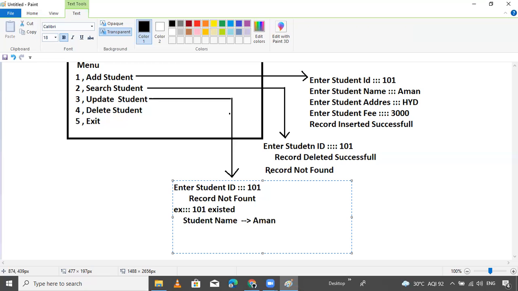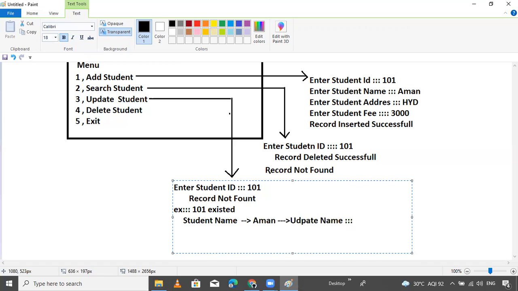Aman exists. After that, one more message appears: enter new name, the updated name.